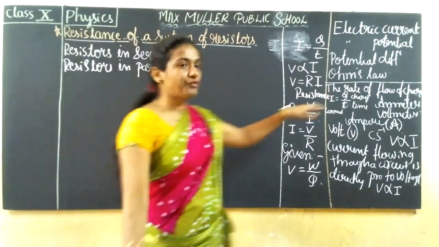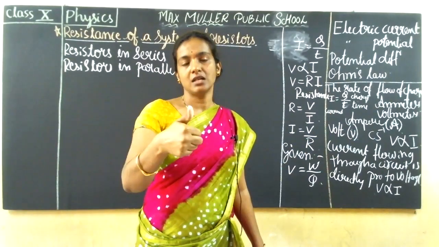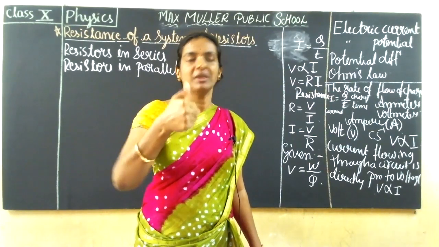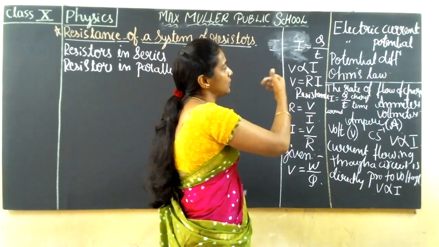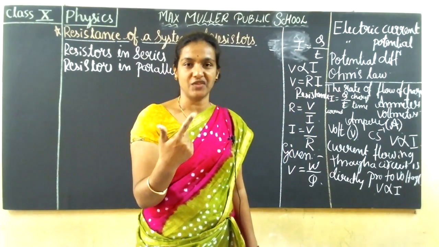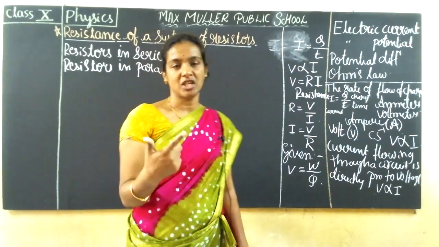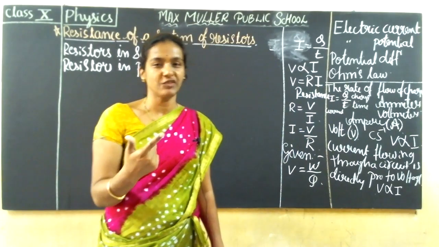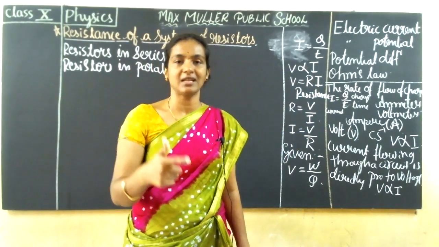First we learned about current, guys. How it flows. What is the definition of current? What is the SI unit of current? What are the terms we are going to calculate while dealing with current, as we learned in electric current. Second comes potential difference and electric potential. So the second point we got to know was potential difference. What is potential difference? How it depends on the current, and how it takes place in the circuit diagrams also.